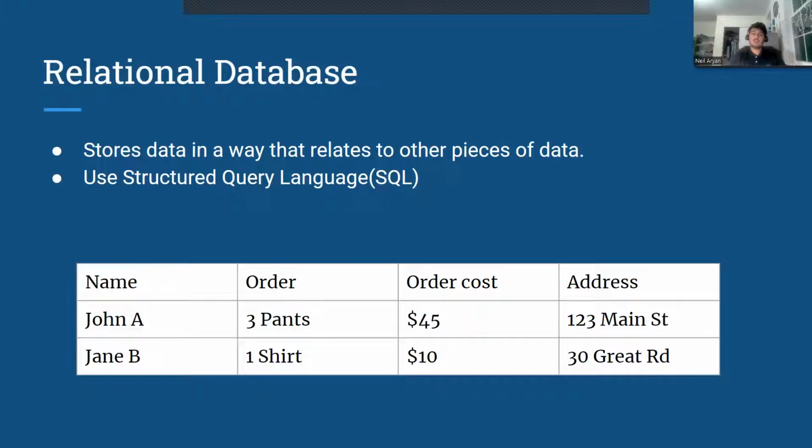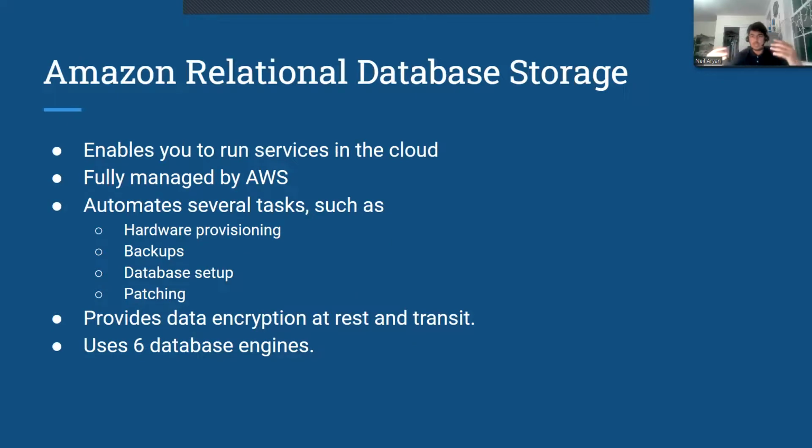So all of the information on a relational database relates to one another and is integral towards getting the whole idea of what the data is supposed to represent. It's very important to know everything about one data point because everything is related to it. Now, Amazon has a feature called Amazon Relational Database Service, or RDS for short,